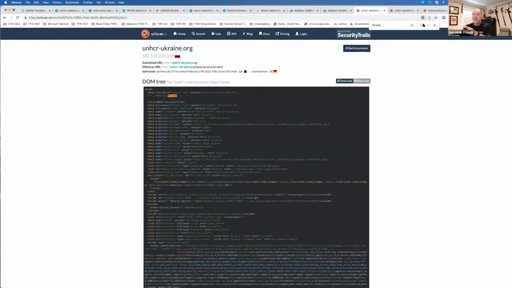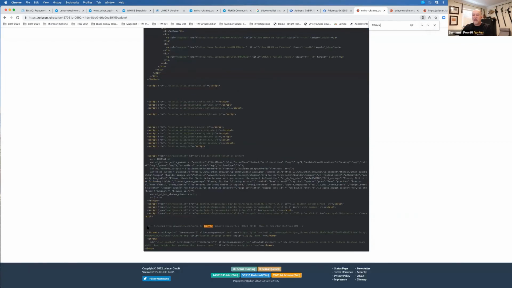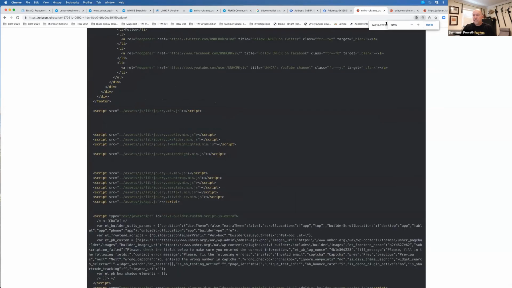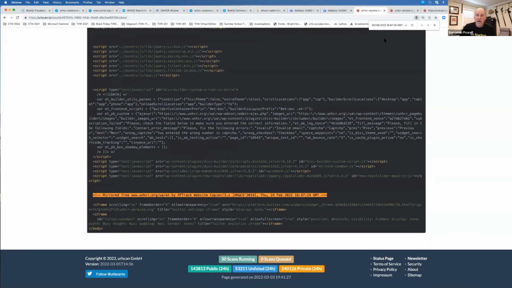One at the top says this was added by HTTrack. If I go to the second one, I'm going to copy this and search for it so it highlights and we can read it. It says mirrored from www.unhcr.org/UA/EN.